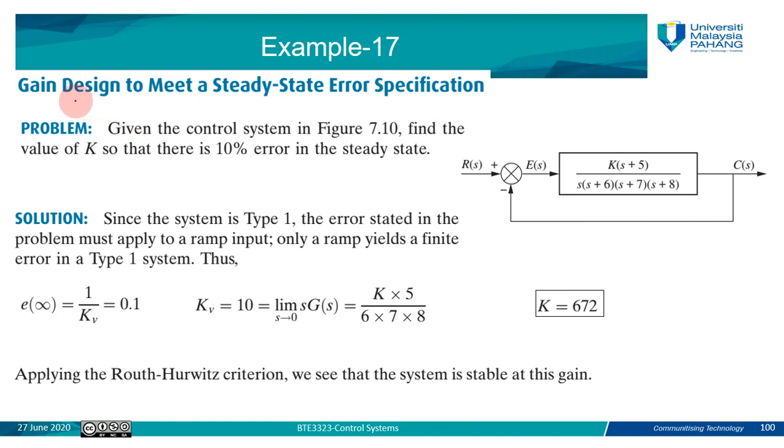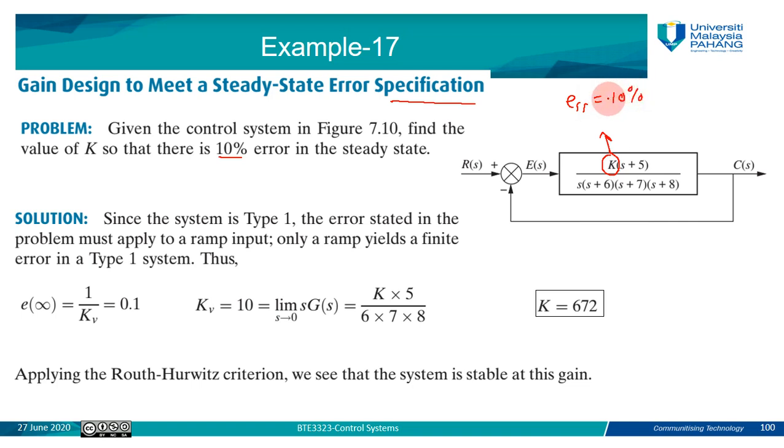In this example, we are going to design the gain to meet the steady state error specification. That means there is a steady state error requirement. We need to design our system in order to meet this requirement. So, for example, here we have this system with the value of the gain K. We don't know the value of K here, but we need to find the value of K so that there is 10% error in the steady state. That means the value ESS will equal